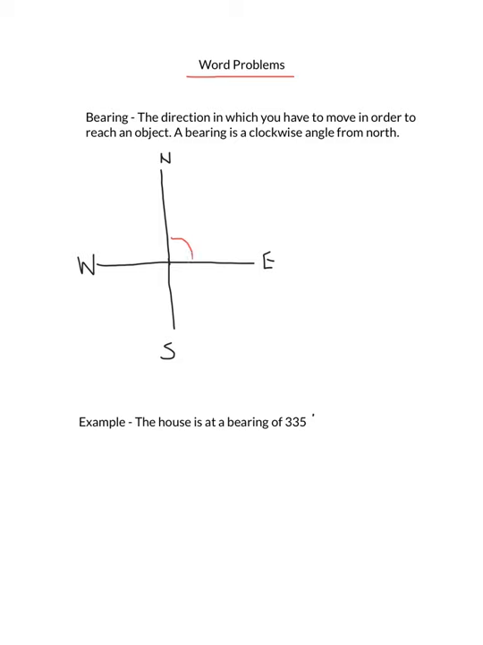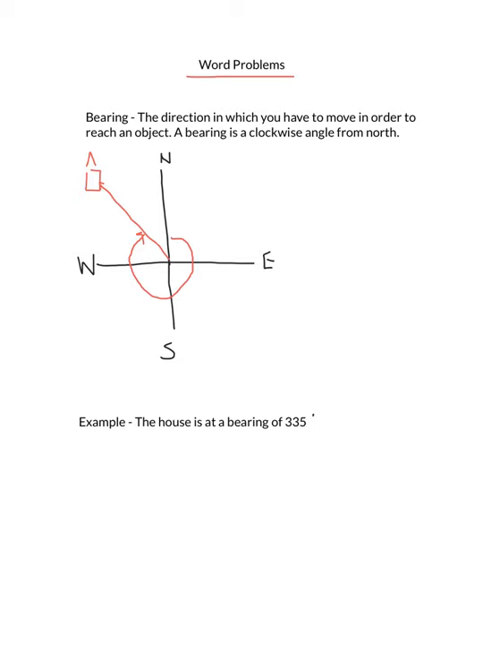So here would be 90. When we get down to south, I'm at 180. When I get up to west, I'm at 270. So what I need to do is move an extra 65 degrees to get to where my house is located. So what I know is that this red, from here all the way clockwise to the